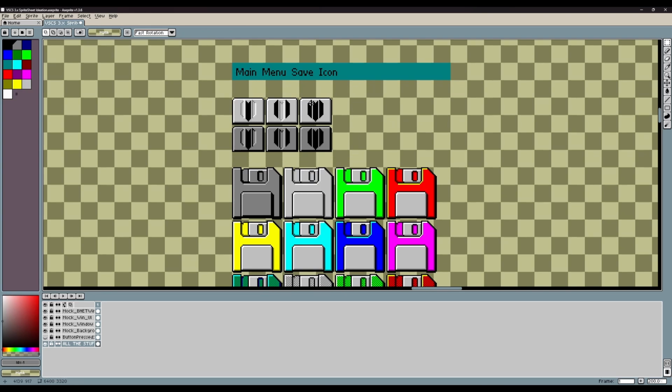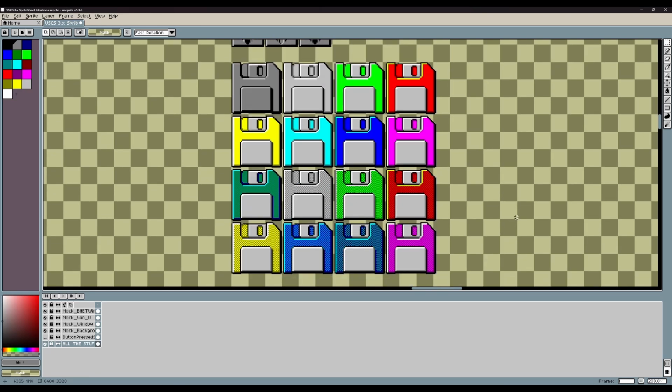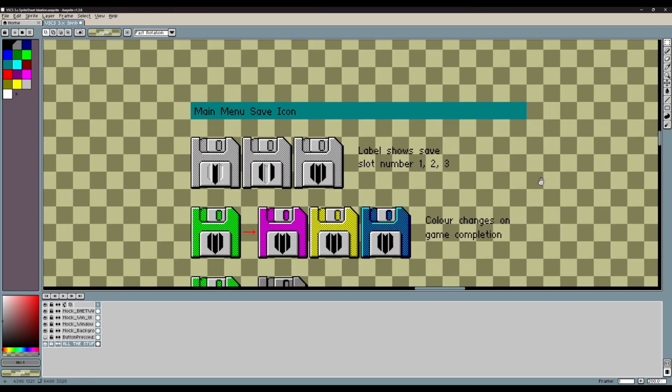And then up here, instead of numbers, I am deciding to go with essentially Roman numerals, just a 1, 2, and a 3. This is a Mayfly thing. You don't know what that means. I'm going to show you it in a moment here. So yeah, those are my floppy disk icons. I hope you enjoyed them.